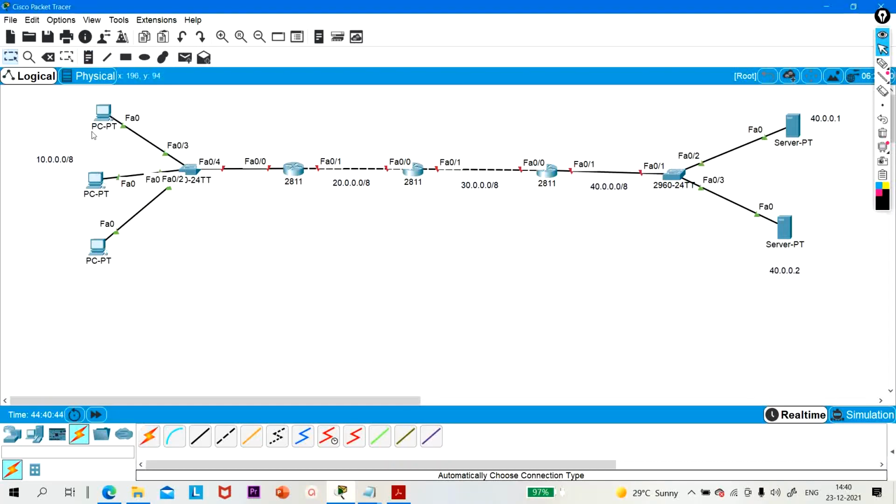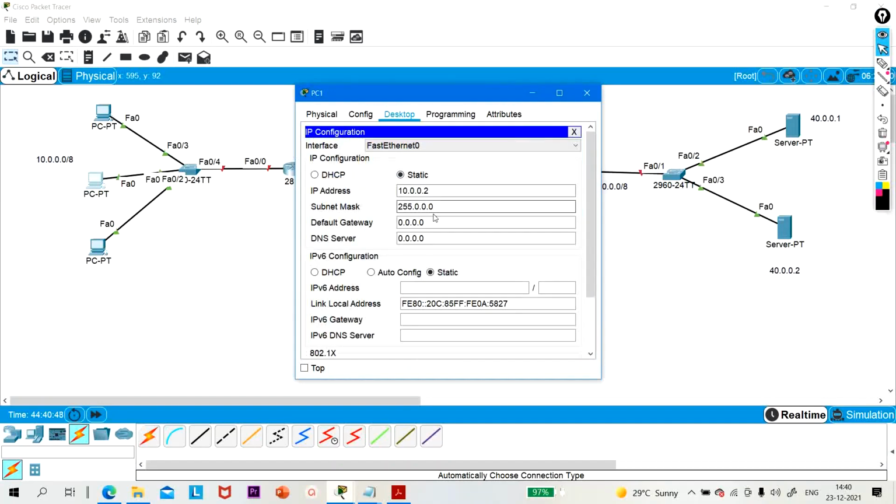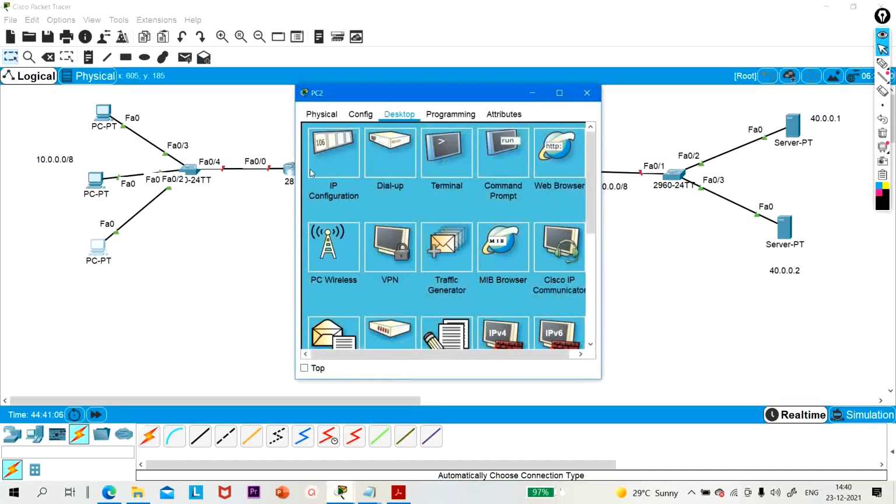Okay, now let me configure the IP address on PC2. The IP address will be 10.2, subnet mask is 255.0.0.0, default gateway will be 10.0.0.10, and the DNS IP address is 40.0.0.2.